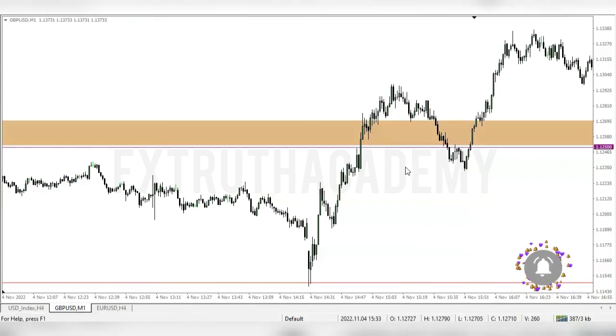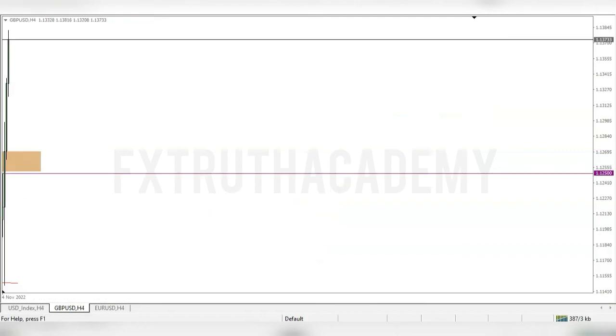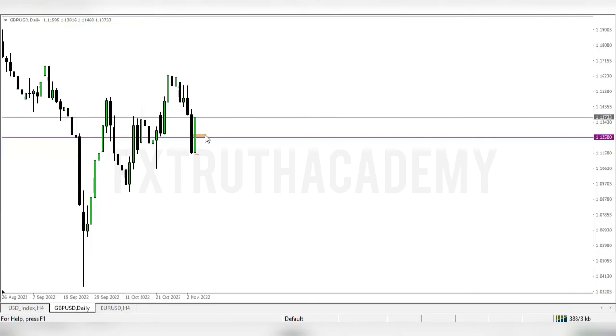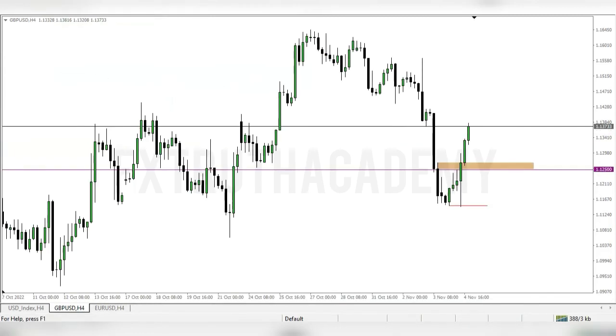Okay, this is right. The same thing can be said for the pound. Let me get that also. So you can see this one didn't really give us an order block right here, but if you look at the 4 hours, you can see an order block right here. This was expansion to the upside, so I'm anticipating price to drop into the order block right here, or into this 500 level right here. One of these areas will be what I'm anticipating in price, and you can see there is a fair value gap right there. So that area is very sensitive for me.